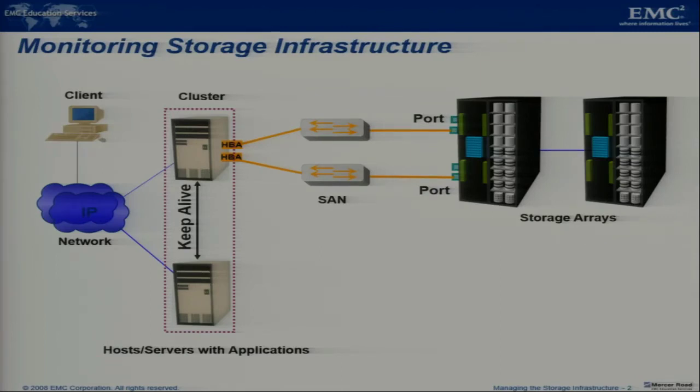The client can communicate with the storage array with the help of servers via the switches. The client uses a network which connects to the hosts or the servers which have certain applications present in them, and using the switches, the servers can communicate with the storage arrays. So this is your IP SAN infrastructure. So you need to monitor it. Now what is meant by monitoring? The big question is, why do we need to monitor this infrastructure that we have? What does monitoring help us to do? It helps us to analyze the status and utilization of various storage infrastructure components.